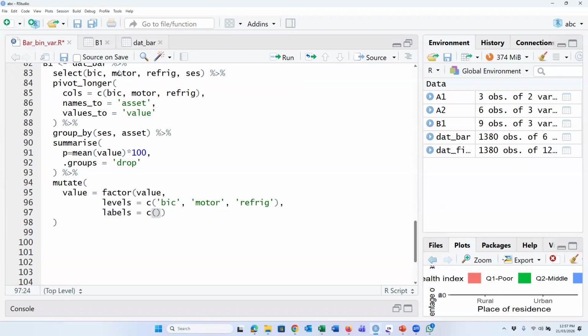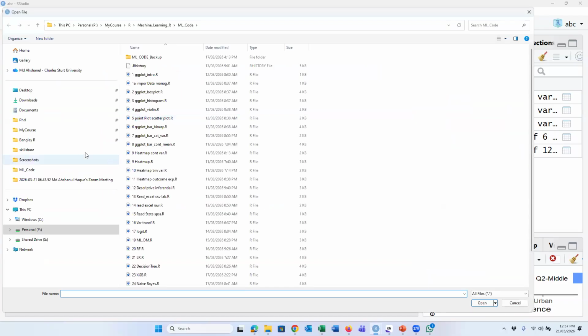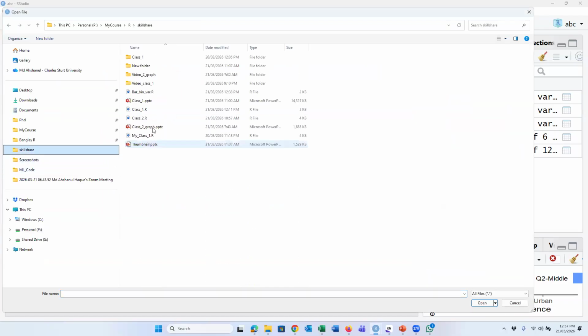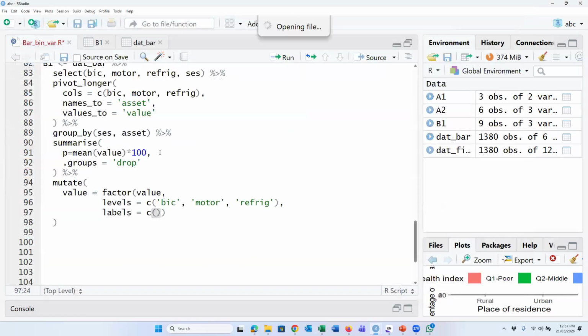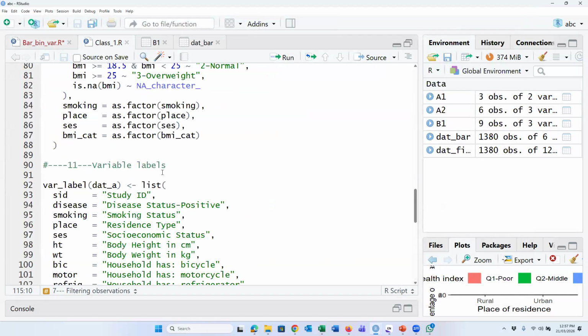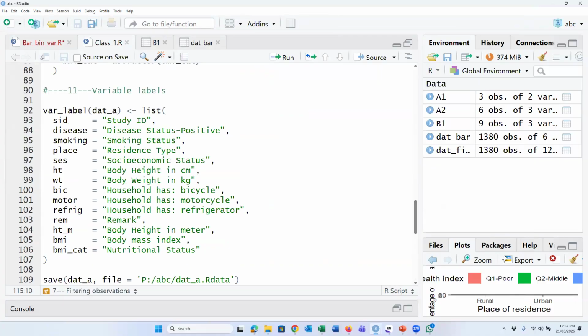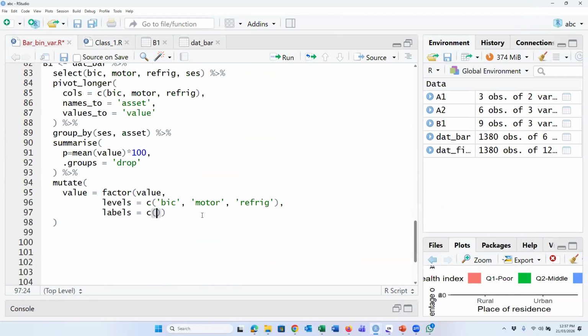So we'll copy from the previous data set. We'll copy from here. Bicycle. B should be bicycle. Then motor.